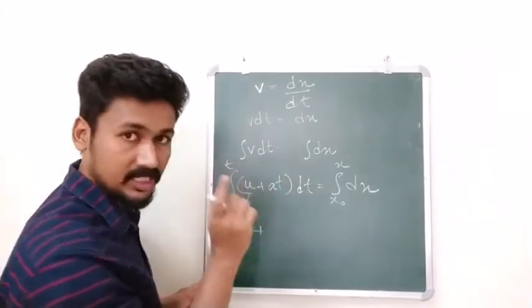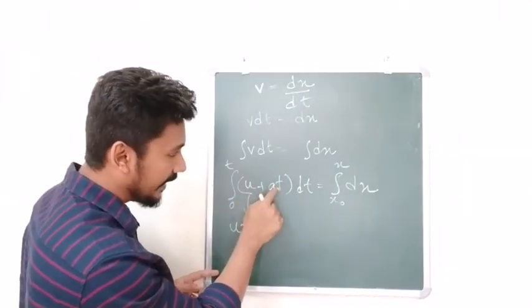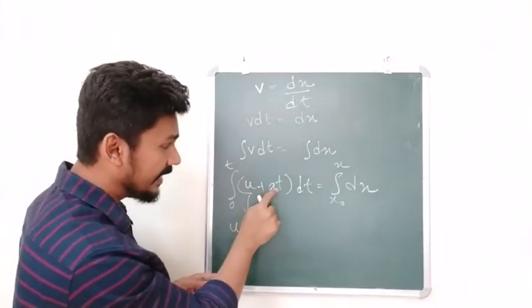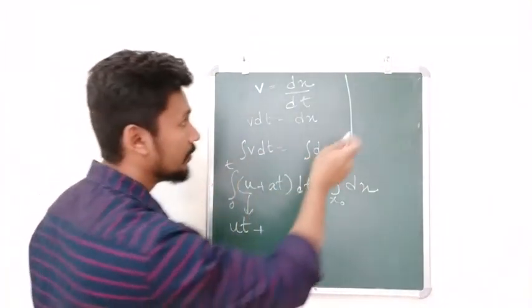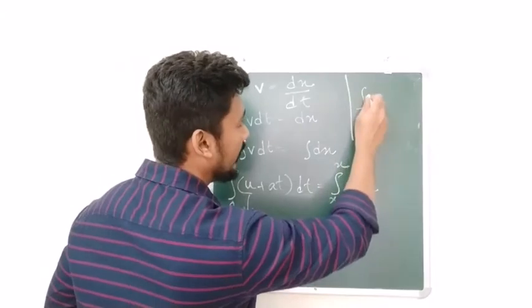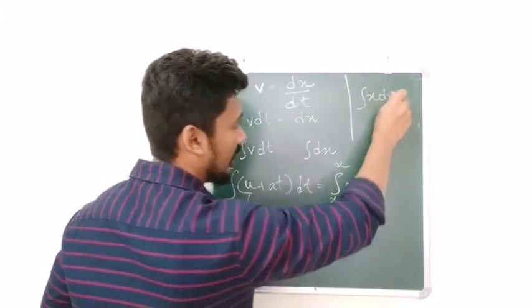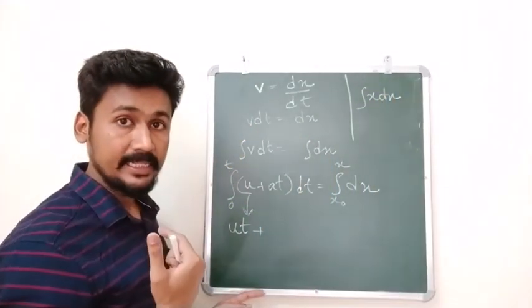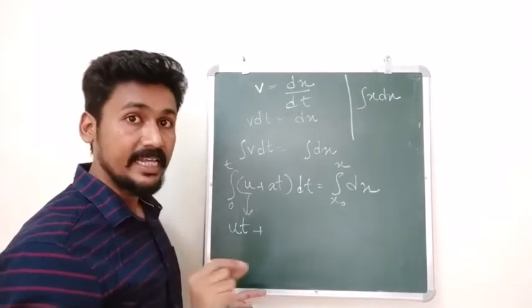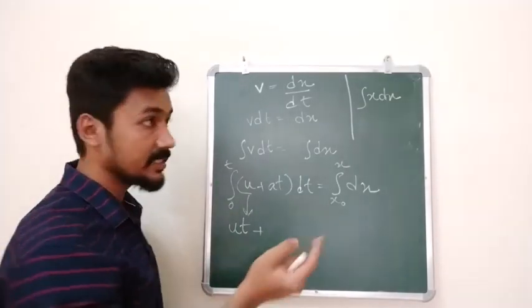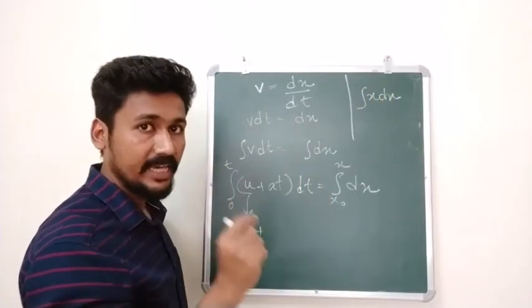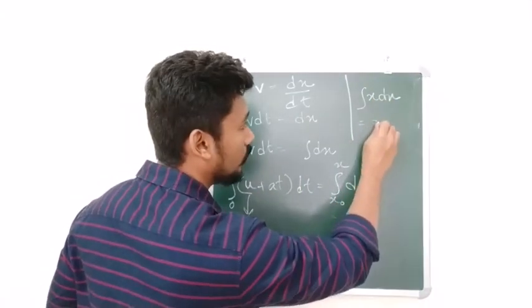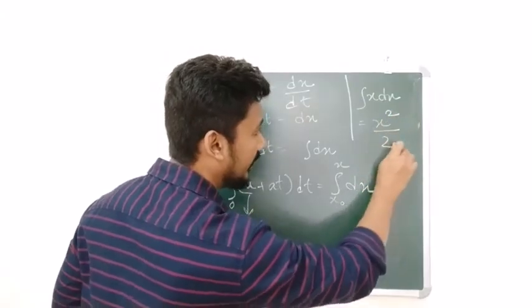Okay, now let us do for this part. Integral of at dt. Here is the thing. A is a constant and comes out, but this is a formula you have to learn now. So integral of x dx, if you are having. See, earlier what did we see? Earlier we saw integral of dx. So integral of dx was x, but now you have integral of x dx. Integral of x dx will be equal to x square by 2.